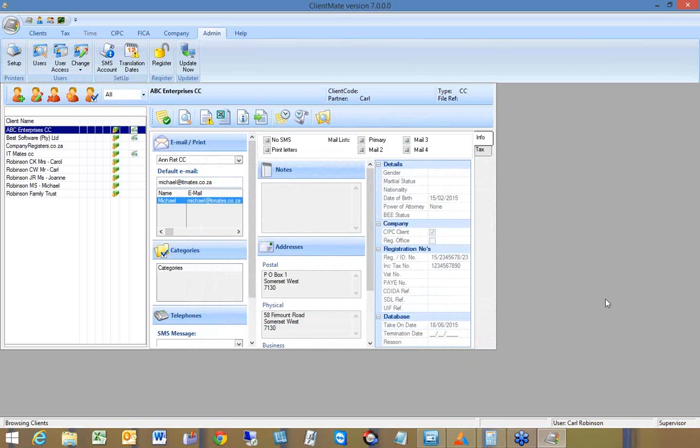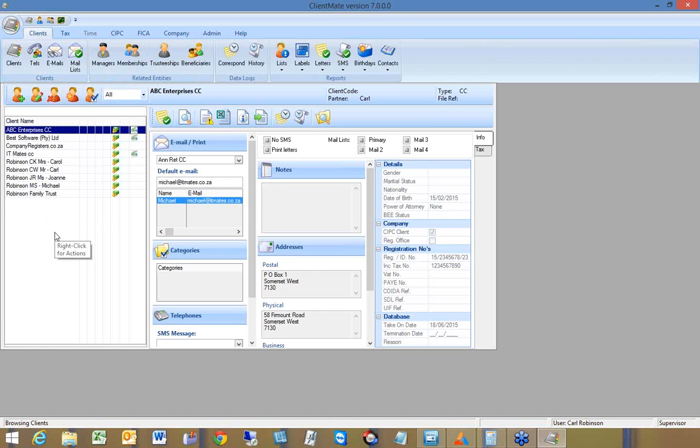Okay, so we can have multiple users accessing the system at the same time. And in the bottom right-hand corner of the screen, it will tell us who the user is currently logged in, and the access level, supervisor. Right, on the screen, we're very client-centric in that everything about ClientMate really revolves around the client, hence the name